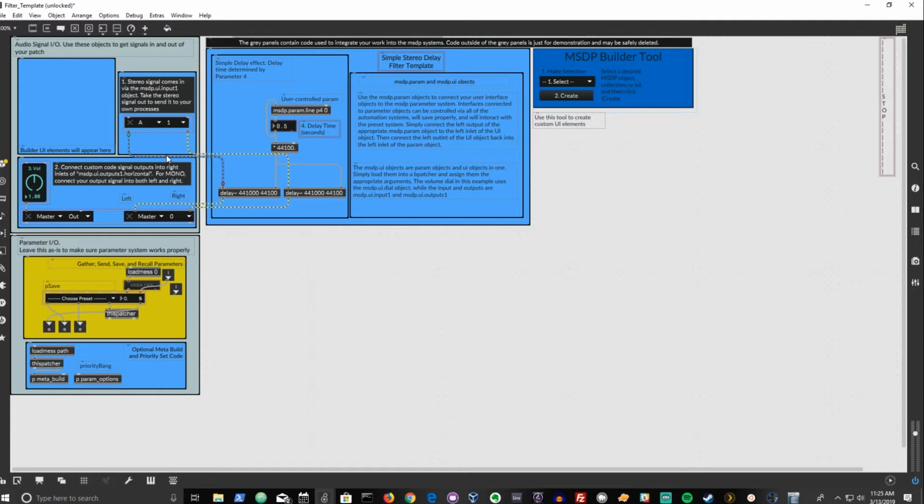This means that making our own functions, our own filters, is as simple as sending a signal in, doing all the filtering that we want to do, and then sending that signal back out following the correct signal flow into the msdp.ui.outputs bpatcher. So again, all of the tooling needed to get things working in MSDP exists in this left-hand column. That's it. Everything else that we do is just sending signals or sending data or sending video into the tooling on the left-hand column. And we'll come to that in the next video when we make a very simple comb filter using the filter